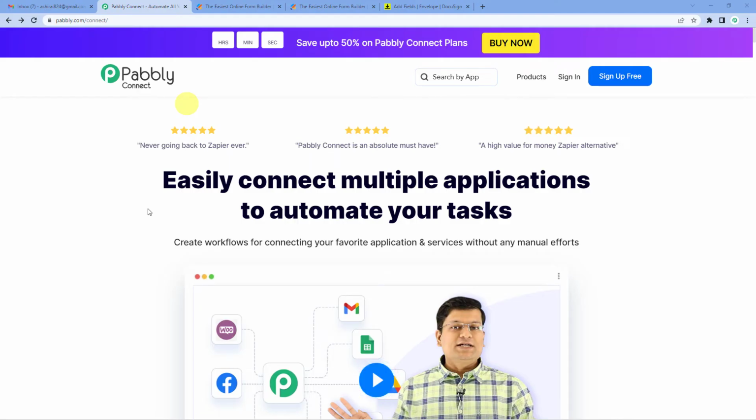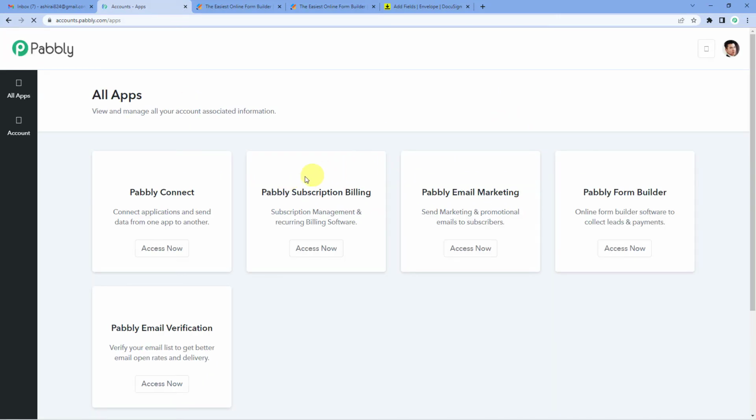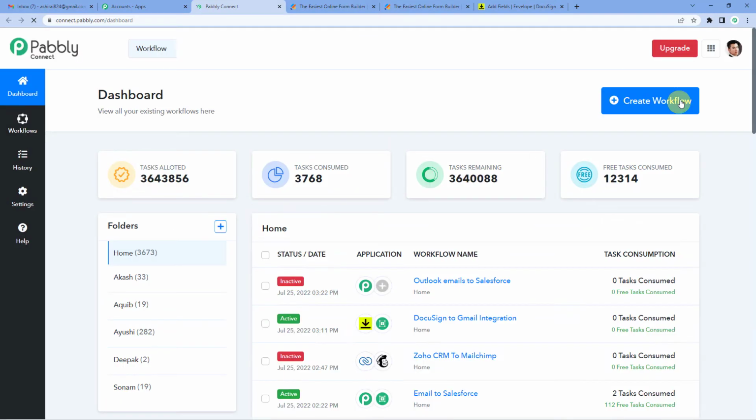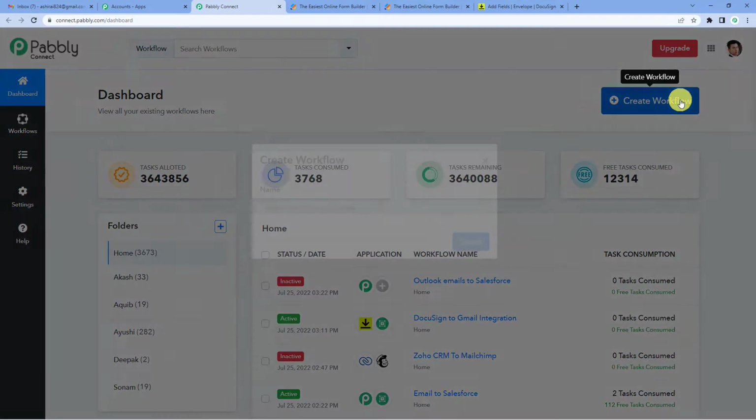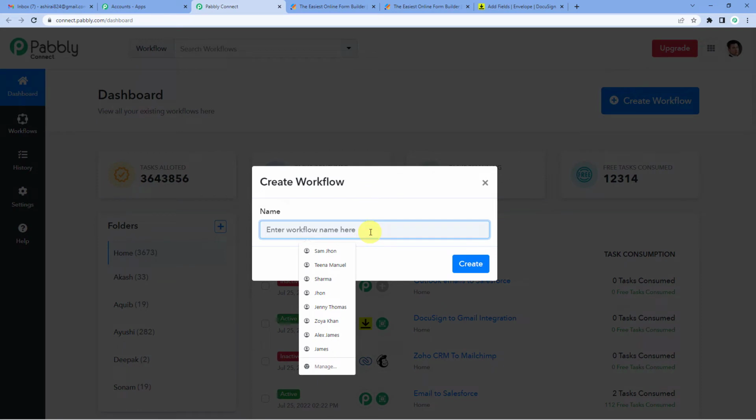To pre-fill the form data and send it to the client for signature, let us first go to Pabbly's website. On the top right, you will see two options, sign up free and sign in. Since we already have an account, we will just sign in. Pabbly Connect. On the top right, you will see a create workflow button. It will ask you to name. We will simply write Jotform